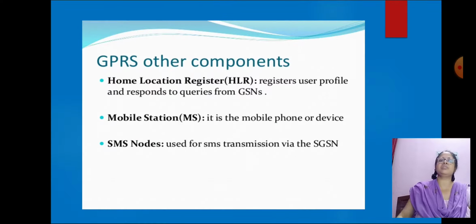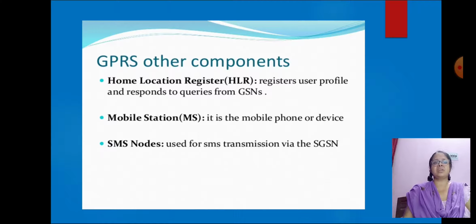Home location register. HLR maintains a permanent register of the subscriber. For instance, the subscriber identity number and the subscribed services can be found there. In addition to the fixed data, the HLR also keeps track of the current location of its customer.